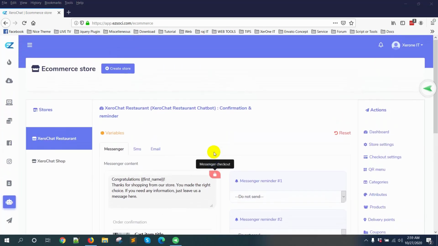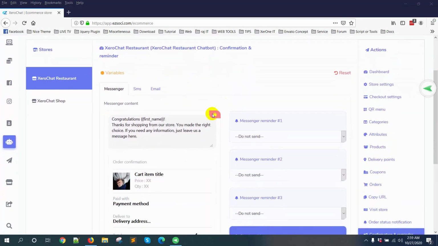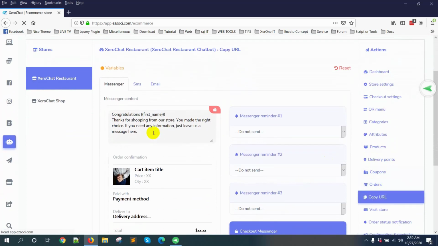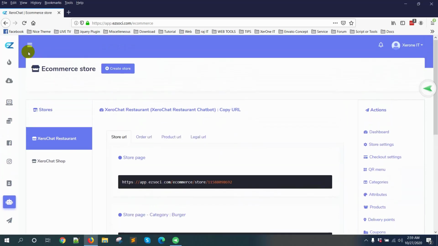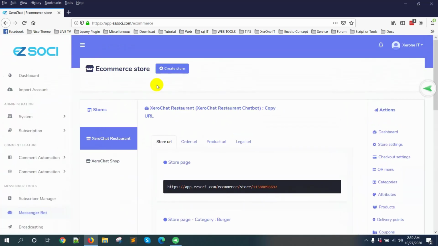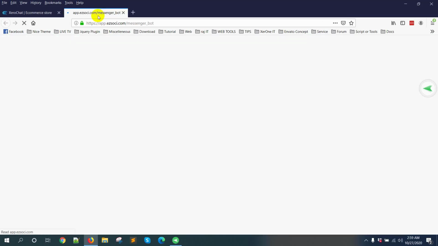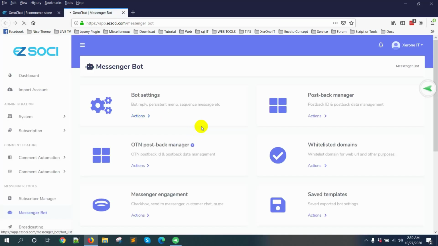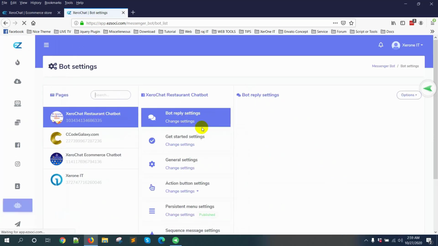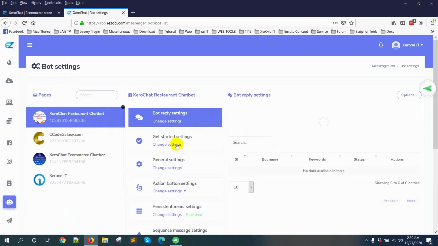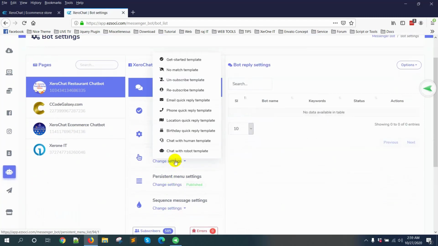Now let me show you how to set up your messenger bot. Go to copy URL. You can create your messenger bot in different ways as per your wish. Go to messenger bot, then bot settings. I have already created one. Get started from here.